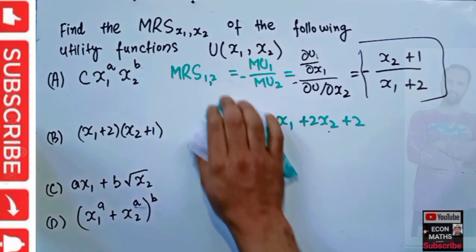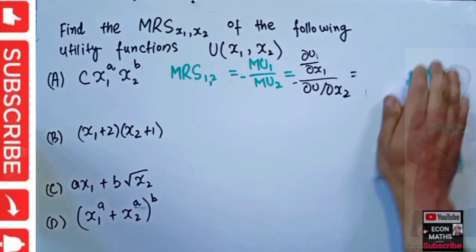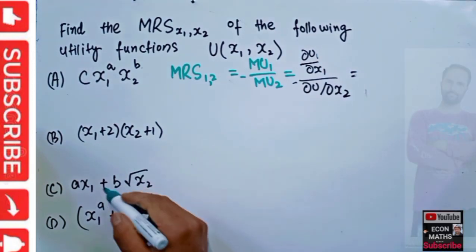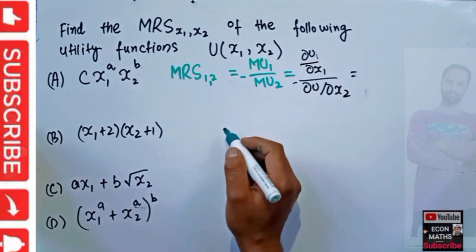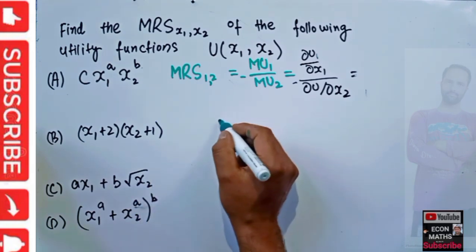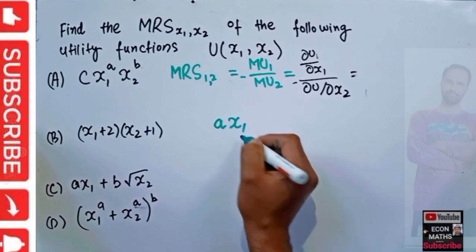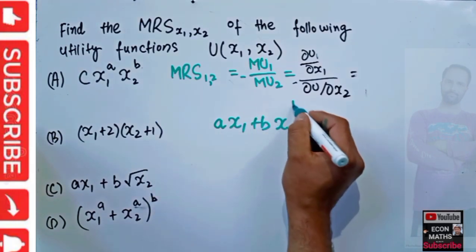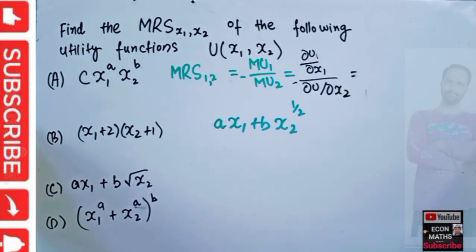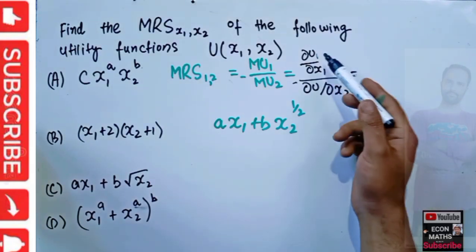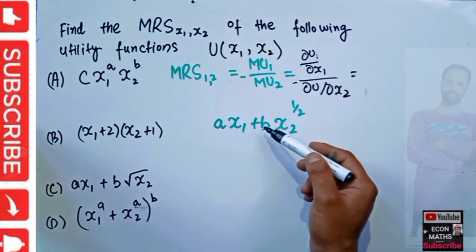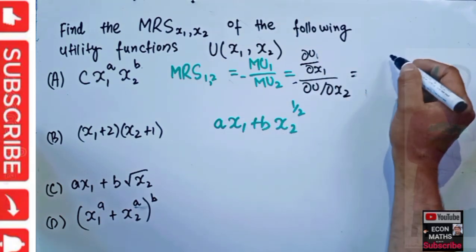Okay, now let's see the third one. The third one is this: a x1 plus b x2 raised under root x2. So let's rewrite it as a x1 plus b x2 raised to power 1 upon 2, since under root can be written as 1 upon 2 as exponent. Okay, so let's take the MRS, which is the partial derivative of utility function first with respect to x1. Derivative of x1 is 1, so we are left with a,